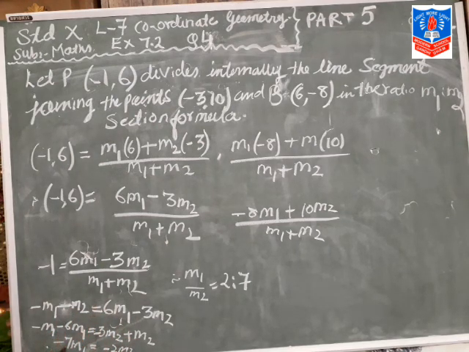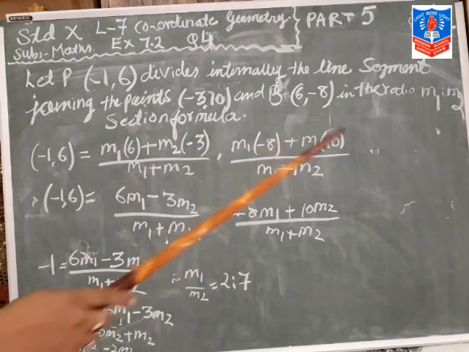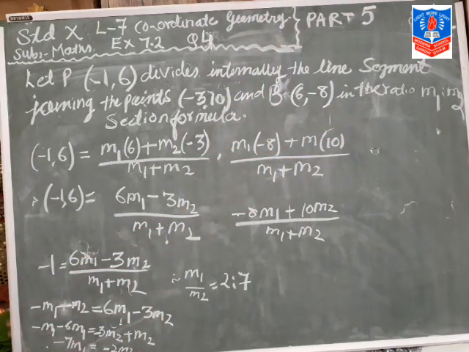Okay, so 7M1 and minus 2M2, minus on both sides, so we can cut. So M1 upon M2 is equal to the ratio 7. You can apply it, even find out the value, and you will get the same answer 6. So in this way we can calculate the ratio M1 and ratio M2.